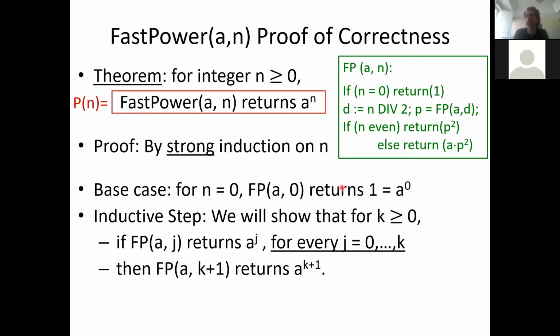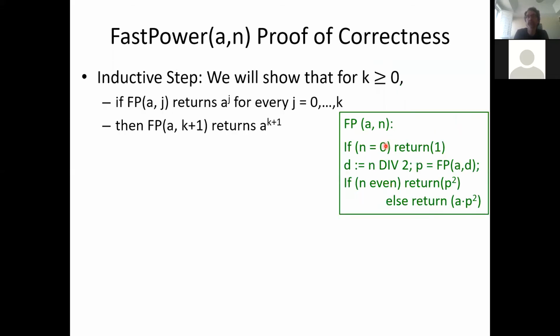Because the algorithm acts differently on arguments that are even and arguments that are odd, we're going to handle these two cases separately, okay? Just because of the nature of this algorithm, it performs differently on even n and on odd n. So therefore, we'll argue separately for these two cases. So let's do the case where k plus 1 is even. In other words, I'm trying to argue that FP for n equal k plus 1,